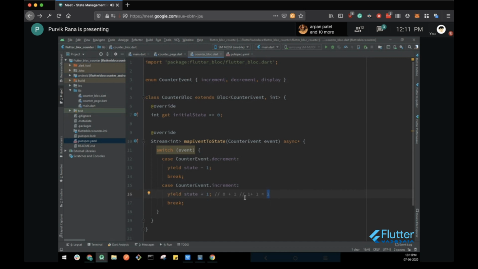We will see how these things work over there. But just understand first that this state has the type integer, and we are directly performing the operation on it. State plus one is performed for the increment event, and state minus one for the decrement event.